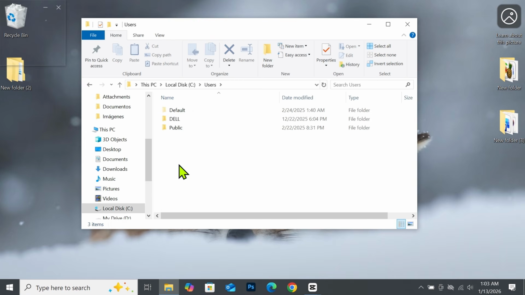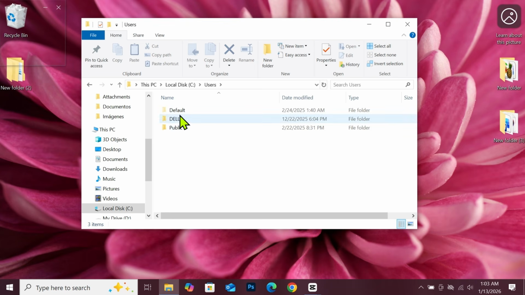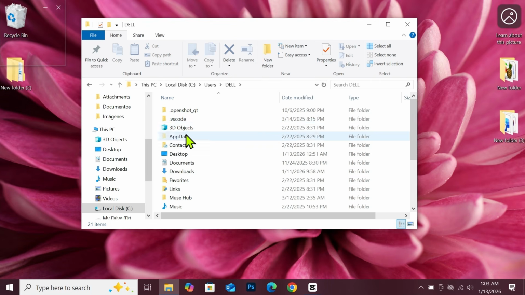Now inside the Users folder, you will have 3 folders, and here look for the folder with the name of your PC, and I am using Dell, so I will open the Dell folder. Yours might not be Dell, so open the folder with the name of your PC. And inside this folder, look for the AppData folder, and if you can't find the folder, sometimes they are hidden,